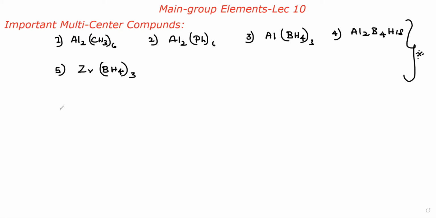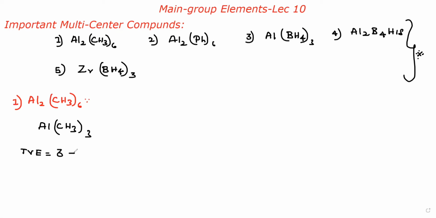Okay, let's start the first compound. What is the first compound? Al2(CH3)6. Please note, the first one is Al2 and CH3, the methyl group, 6 times. See, now how does Al2Cl6 form? Now take Al(CH3)3. What is the valence electron for this one? Total valence electron, the valence electron is aluminum 3.